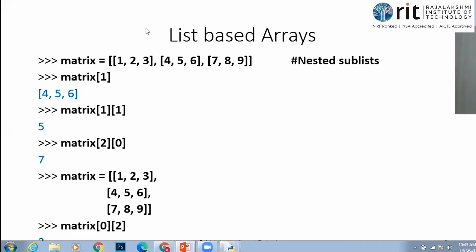Okay, now look at this. It is the same. So however the matrix looks in maths, you can display it exactly like that. Only change the presentation. See 1 2 3, then I have a comma followed by another element and then comma another element. You can press enter and go with it. It will not get over, because the outer square bracket has not found its pair. As long as the interpreter encounters that outer square bracket, it understands that the list is still continuous. So if you have a mathematical formula matrix, you can give it like this. And it is again an indexing operation that is done. So this is all about the indexing and the list-based arrays operations in lists.